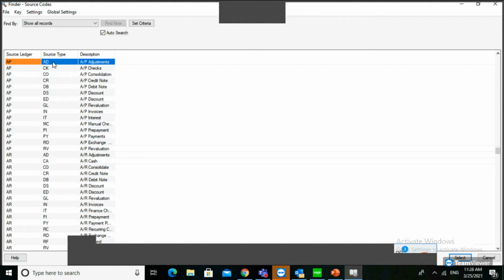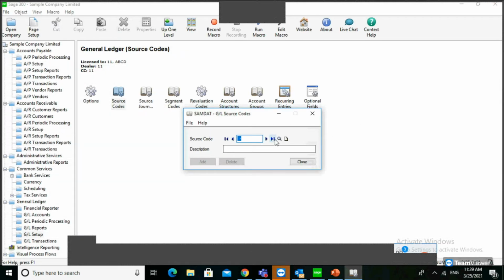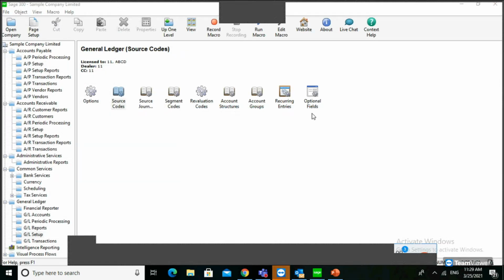What is the transaction type? AD means adjustment. Let's say if you are posting from the AP invoice, then there is a module called AP. The source ledger is called AP, and IN is the transaction type. This is the identification portion. You can define which module a transaction comes from, and keep it for your source code when you are doing the transaction posting.